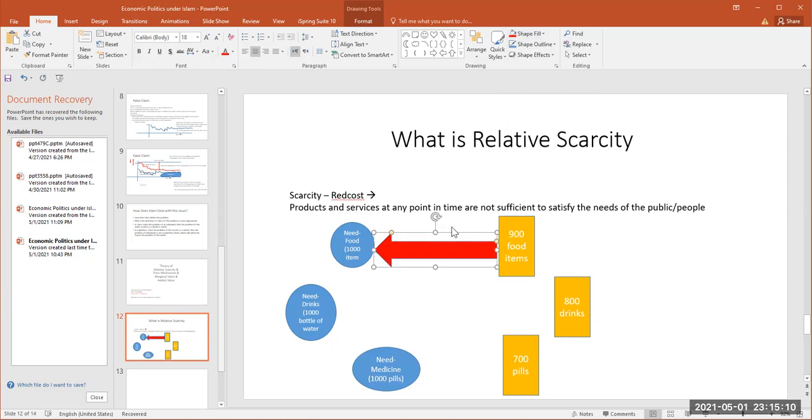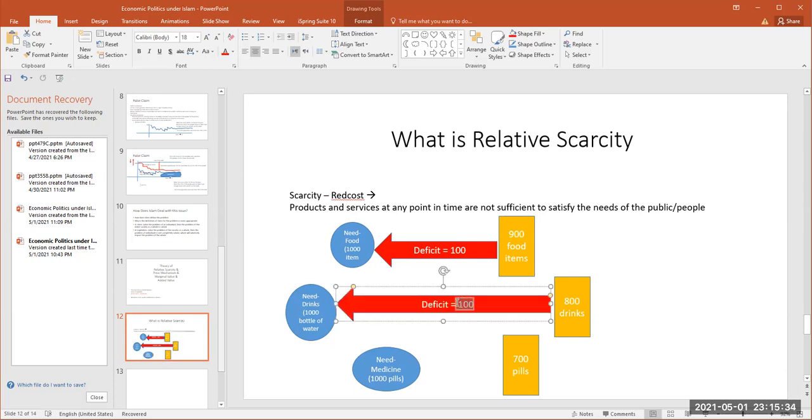And the supply, we'll say deficit equals 100, which means there are 100 people who will go unsatisfied here. The deficit equals 200. And here the deficit